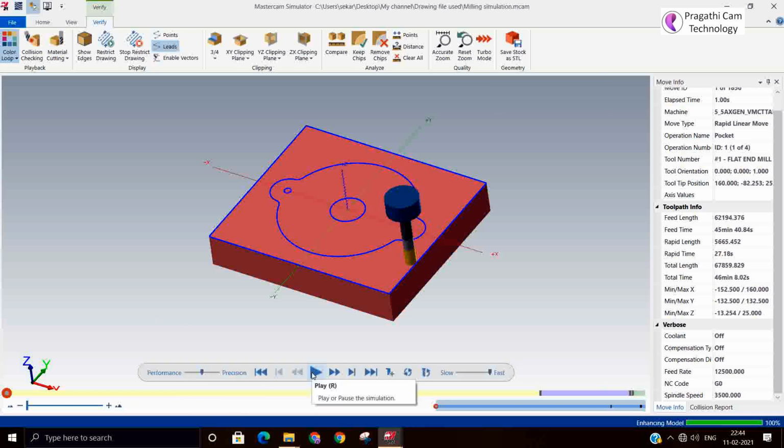So this is to control your move forward, move fast. For speed you can modify here, and the display quality you can modify here, the precision. Okay. So in the next class we will see the STL comparison and saving the STL file. Okay, thank you.